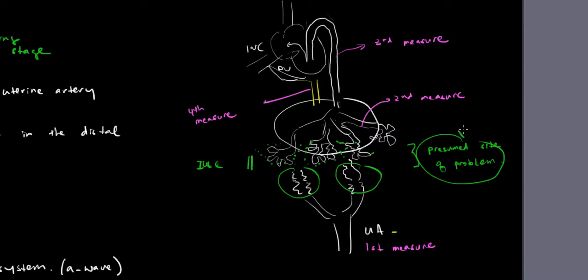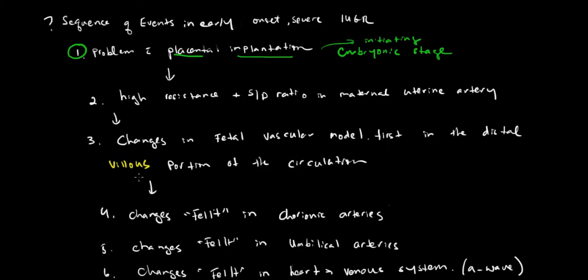So the phase 1 problem, which is the problem that occurs in the embryo, much earlier than we could really measure anything to know that there's a problem, is a problem with implantation. The next thing is, because of that, in this model, is that there's improper remodeling of the spiral arteries, and that ultimately leads to the first thing that we could measure: high resistance and high systolic to diastolic ratio in